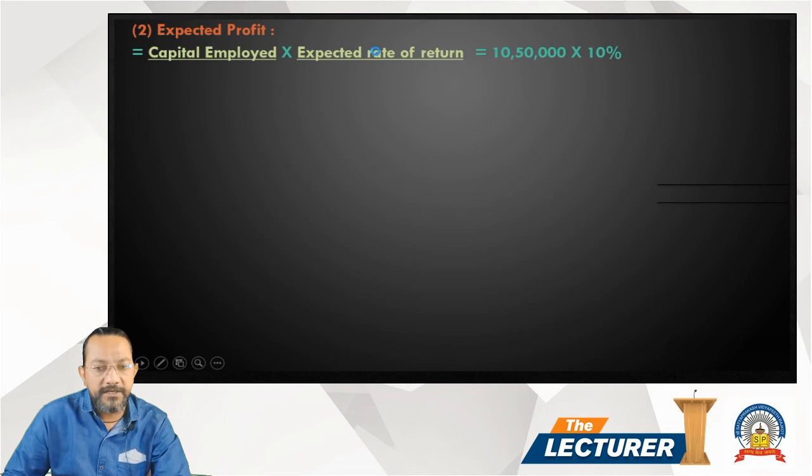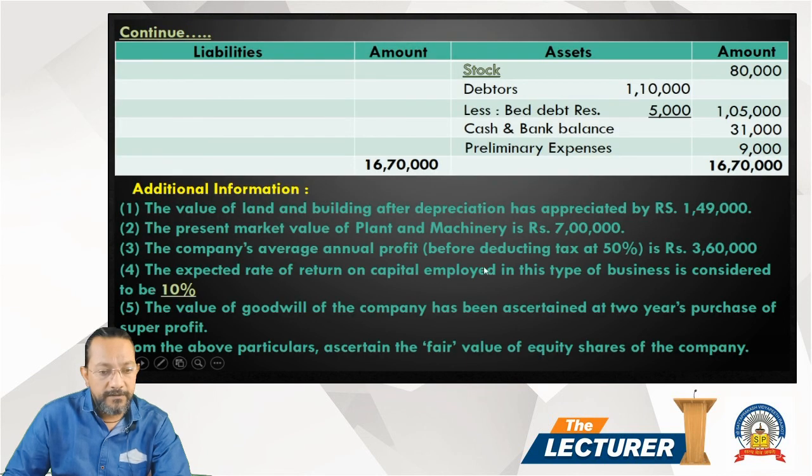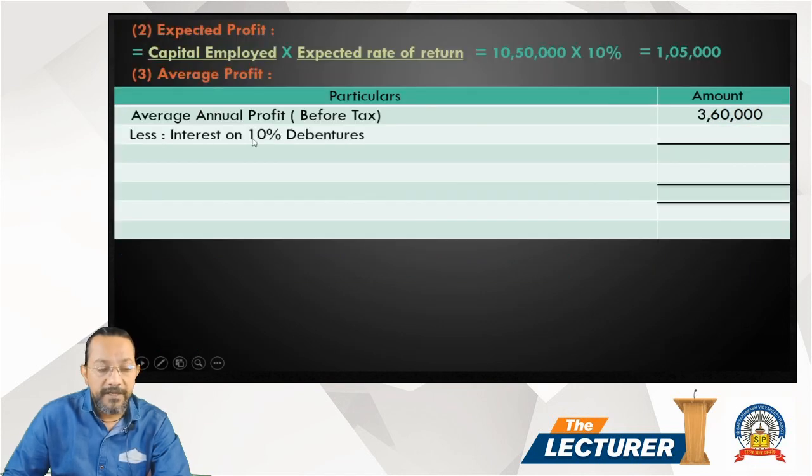10,50,000, and the expected rate of return is considered as 10%. So it comes to 1,05,000. Then the average profit. Average profit before tax of 3,60,000 is given. Here, 3,60,000 is before deducting tax, less interest on 10% debenture of